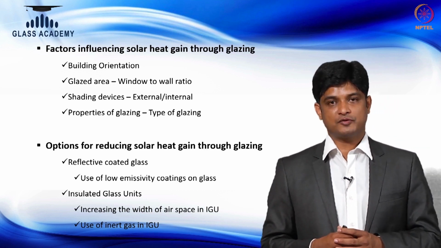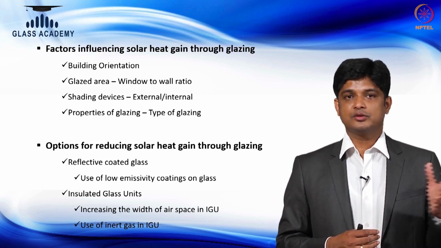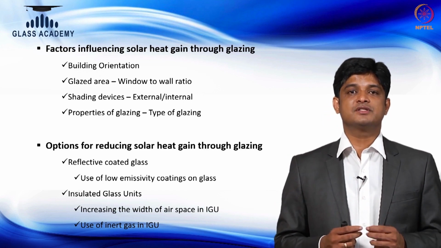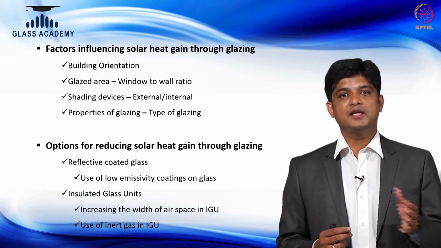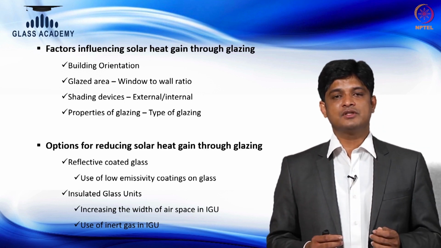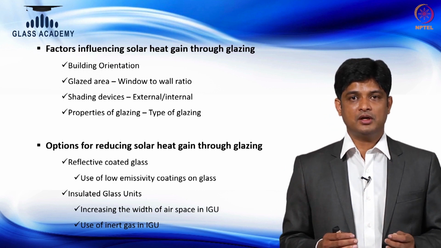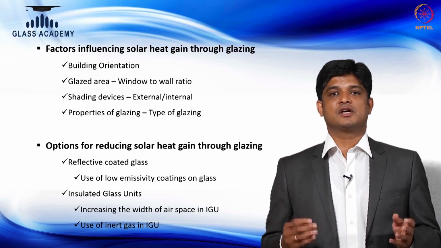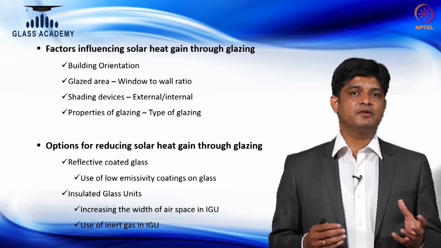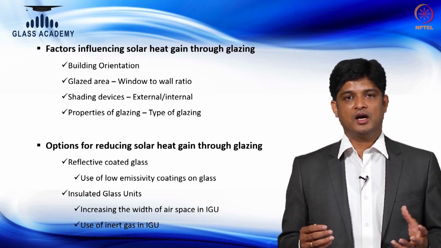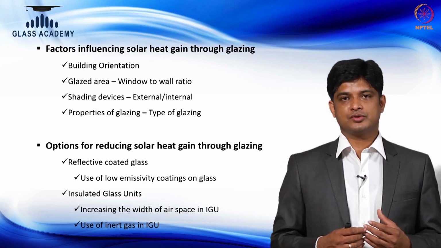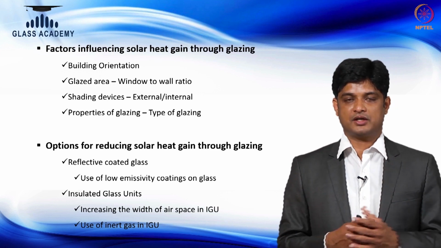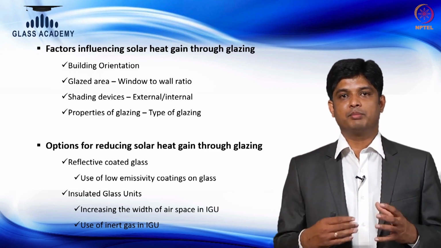You cannot reduce the source value. You have a glass, so there is a possibility of the heat entering into your building. So what are the choices that we have to minimize this heat coming into your building? The first choice will be, if there is a possibility, playing with the orientation of the building. Because traditionally with the sun path understanding, you can identify that the east and west of the building has more impact compared to the north and south. In fact, compared to south, the north even became a negligible direction for the sun to penetrate.